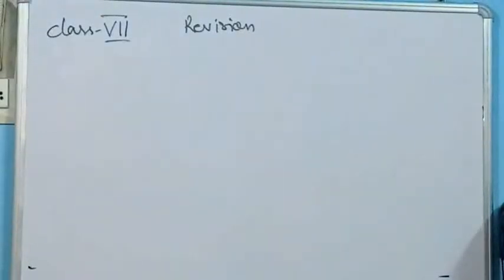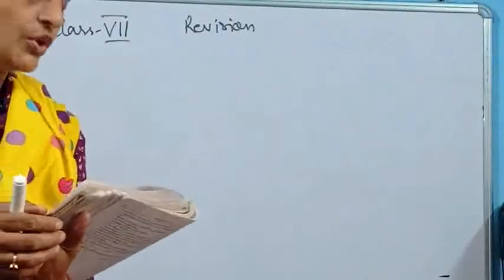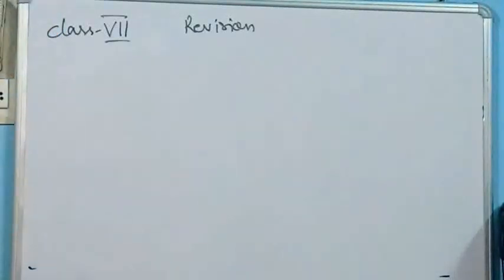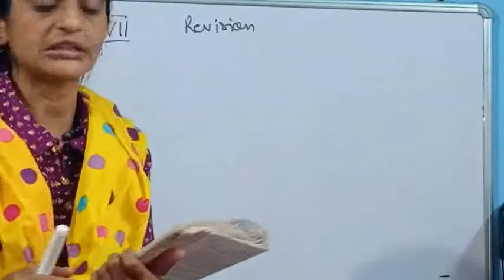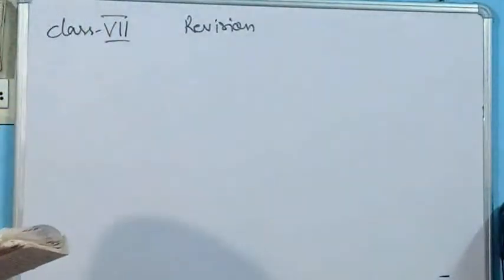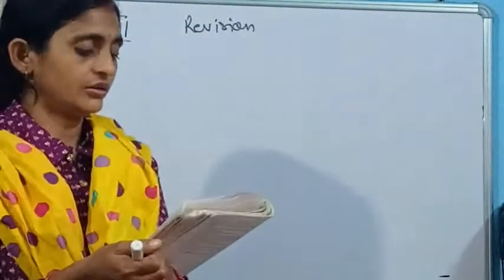Here we are going to do two chapters from your portion given, that is comparing quantities, and the other one is congruency. From that set, one set has been prepared for you and the questions have been shared to you. From that set I have selected some of the questions. The first one I have taken here. Let me read that question.